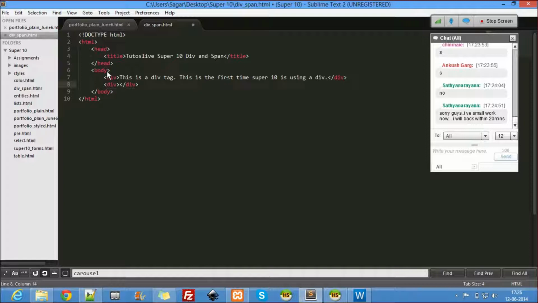Just a plain div tag, no formatting, nothing. This is another div tag. We are just testing how the content inside the div looks. Alright, I saved it.